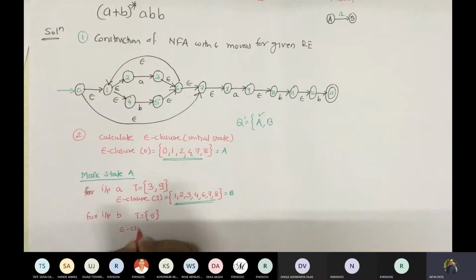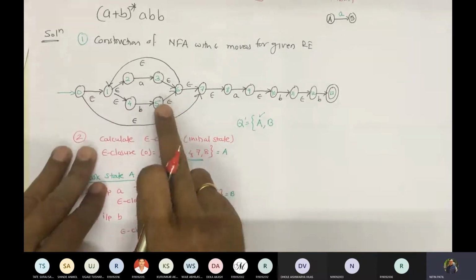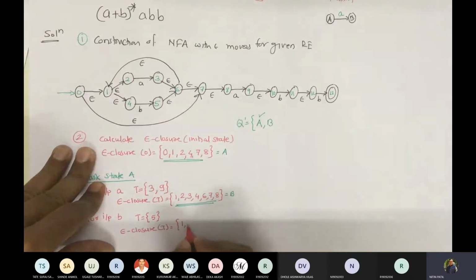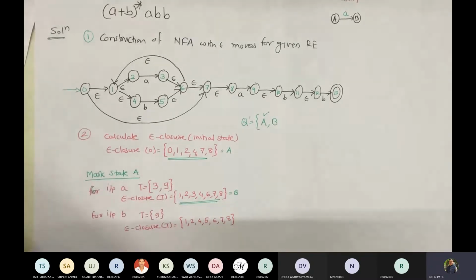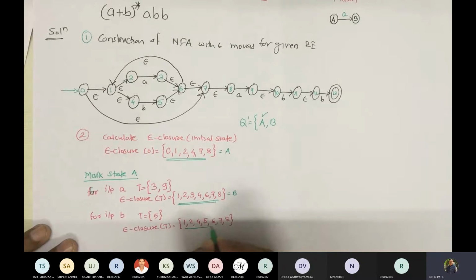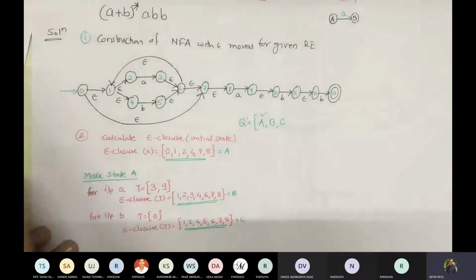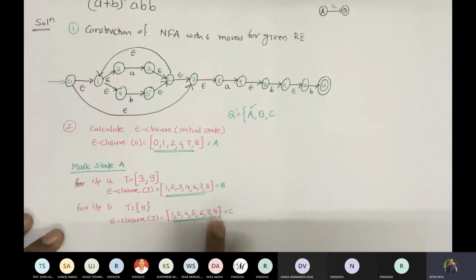Okay. Then let us take epsilon closure again. Epsilon closure of T. Now what is T? 5. So now compute epsilon closure of T. If I take this 5, 6, 7, 8, and from 6 we are going to 1, 2, and 4. So I will sort 1, 2, 4, 5, 6, 7, and 8. Now try to compare this one with the earlier two. Are they the same? No. So let us give a name to this state as C. Add it here.